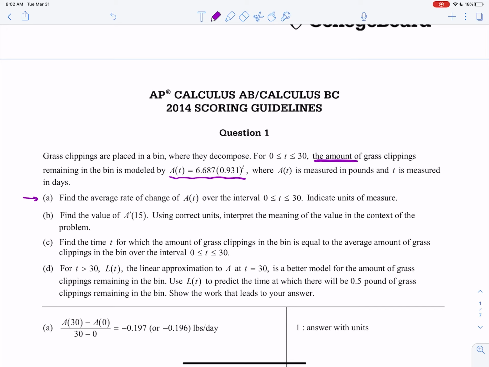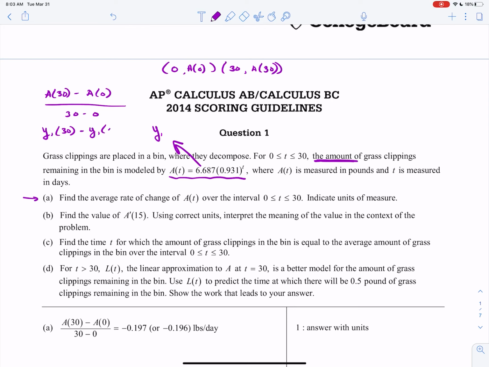If you think about it from 0 all the way to 30, we need 2 points here. The y value would just be A of 0 and A of 30. So y's go on top: A of 30 minus A of 0 all over 30 minus 0. On a calculator, you would program A of t as y1, and on your home screen, do y1 of 30 minus y1 of 0